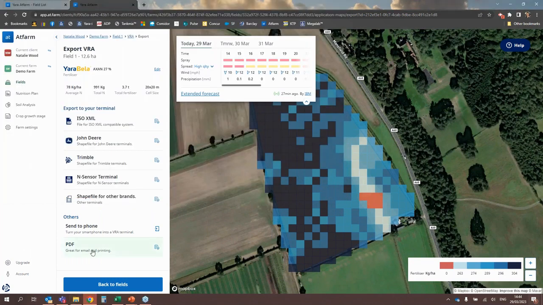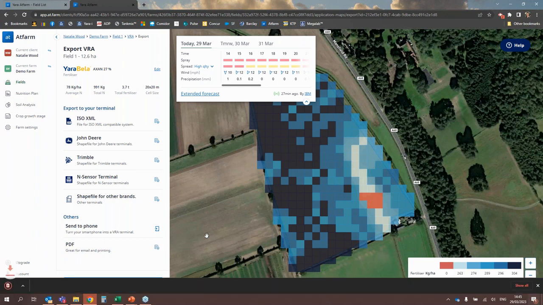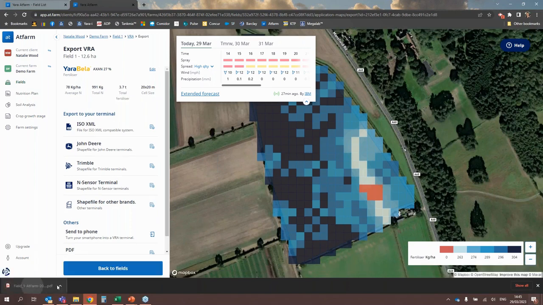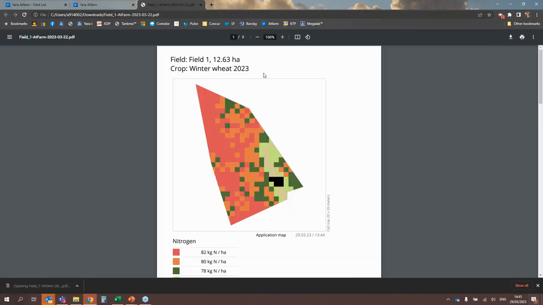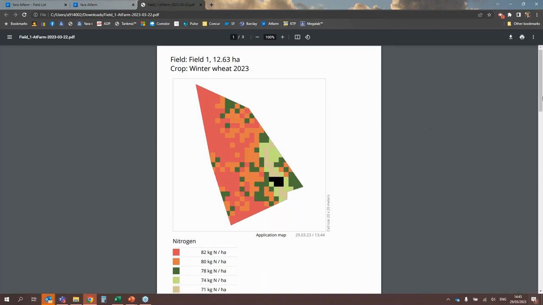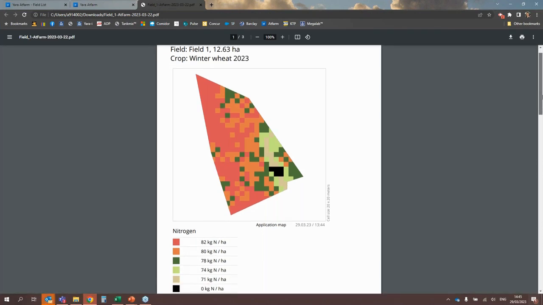Another option is to get a PDF. So again, this is great for record keeping, sharing with agronomists, etc. And it will show you all of the maps that are associated with this particular application. So you can see here we've got fields. So it shows you that original map, an application map that you can see there with the different colours and